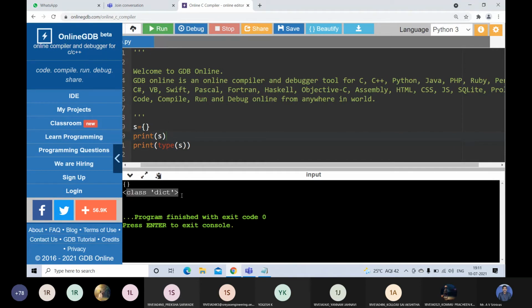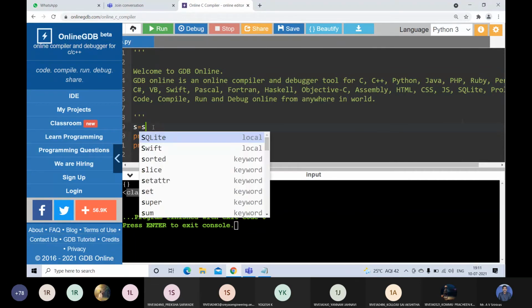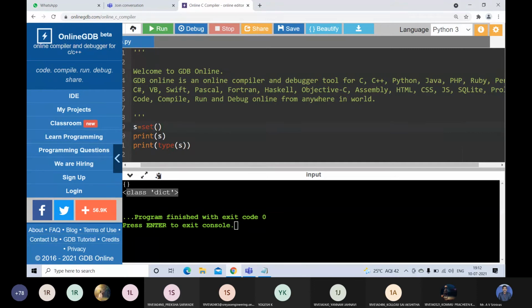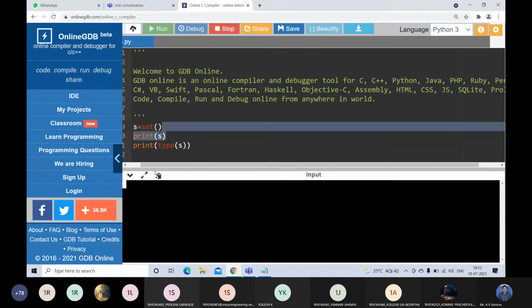Class dict. That is by default considered an empty dictionary. That's why if you want to write an empty set, you can go with set of parentheses. Then if you write like this, this will be class set. Earlier it was dictionary, now it is set.